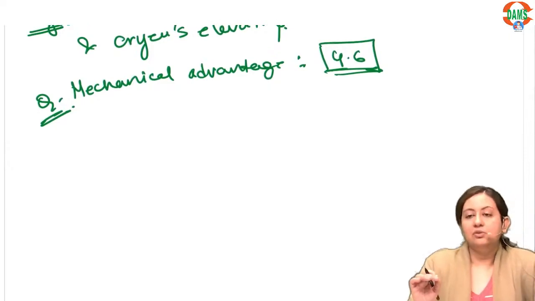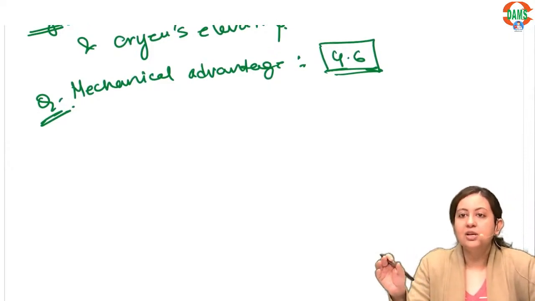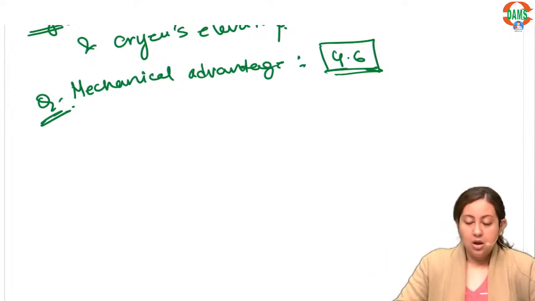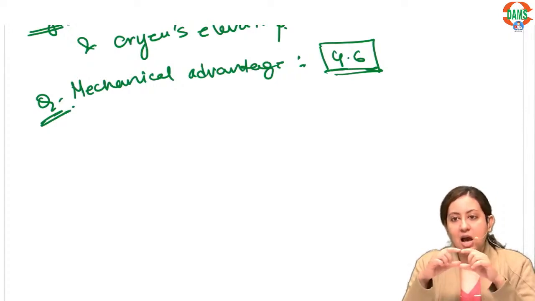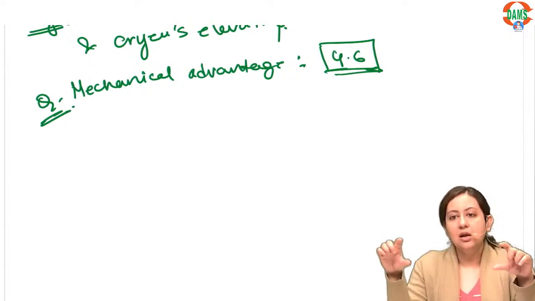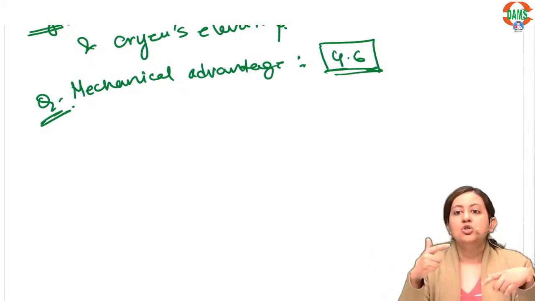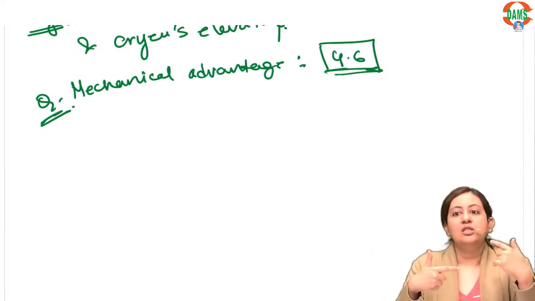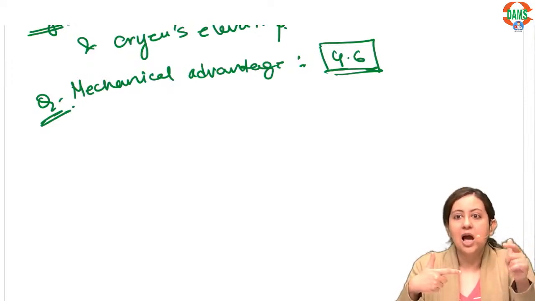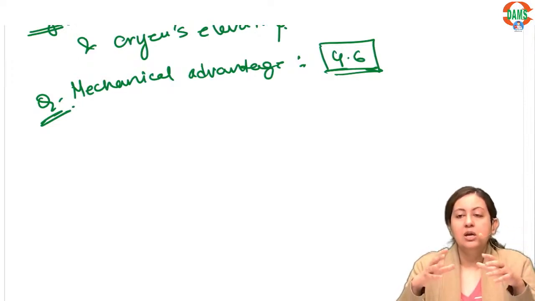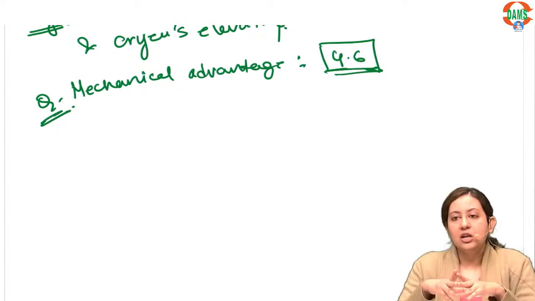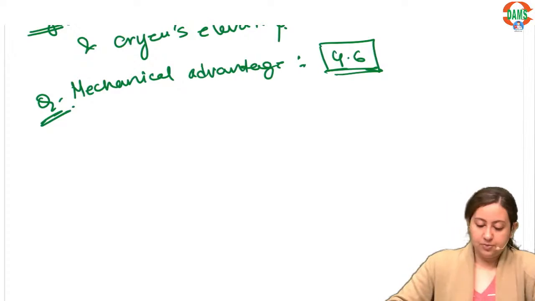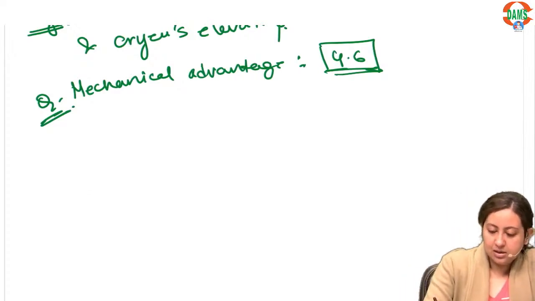Now, just to revise, what is the wheel and axle principle and how does it work? We all know automobiles, we all know cars, they have an axle and the axle is connected to wheels. So the axle moves, that's why the wheel moves. The axle moves, hence the wheel moves. A similar principle is also put to use while we are doing our extractions, either with the help of a forcep or with an elevator. Now in wheel and axle, what is exactly happening is,